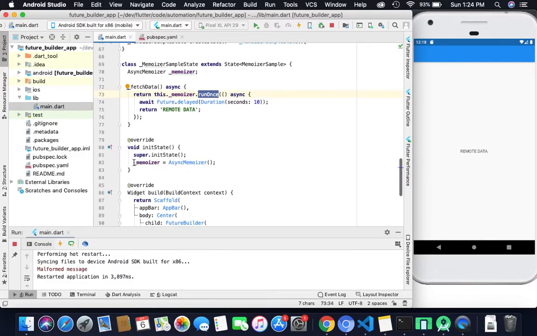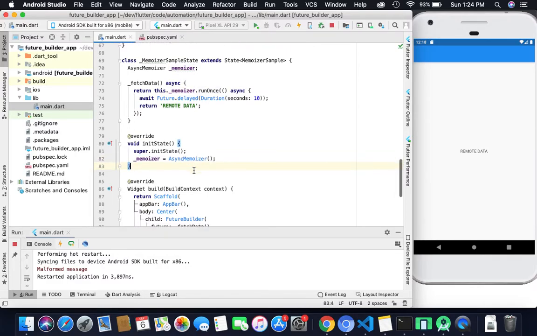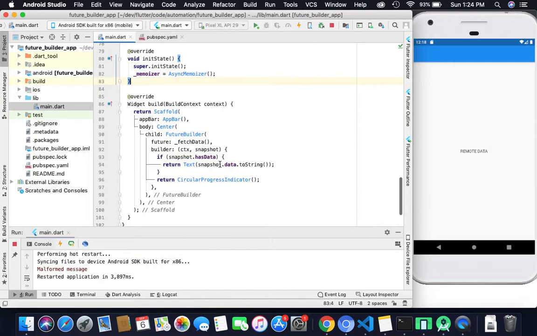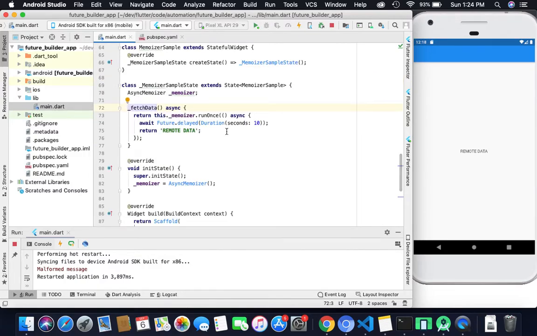Here we declare our object, memoizer equals AsyncMemoizer, and we call our method directly. Inside that method we use memoizer.runOnce. As the method name suggests, it will run only once, and inside that it gives us the return data. Whenever you call this method, it will give you the same data, like remote data, without waiting for 10 seconds.